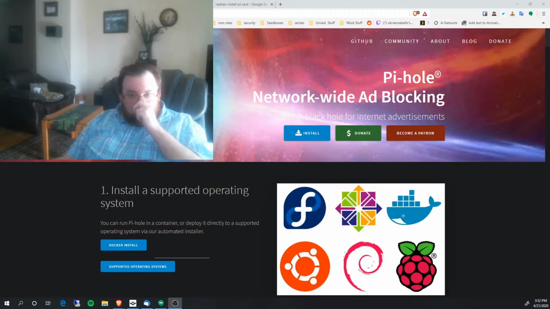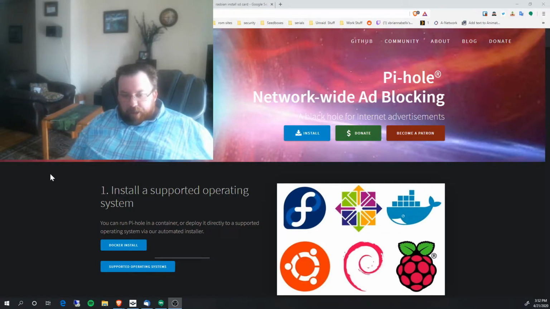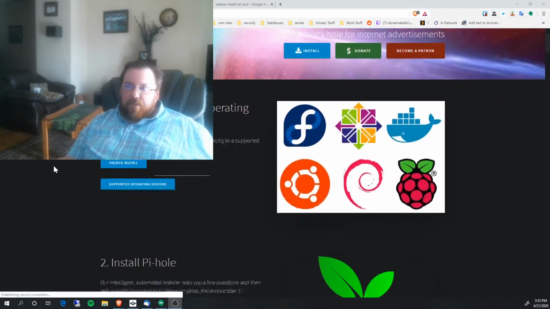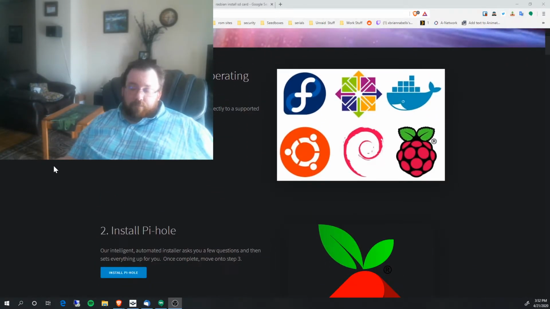Well, they've come out with software in the last couple of years called Pi-hole. Basically, in layman's terms, it is ad blocking not at the Windows level, not at the Mac level or the operating system level. It's actually at the network DNS level. So basically, it creates a black hole, for lack of better terminology, so that ads won't even show up on your network whatsoever.